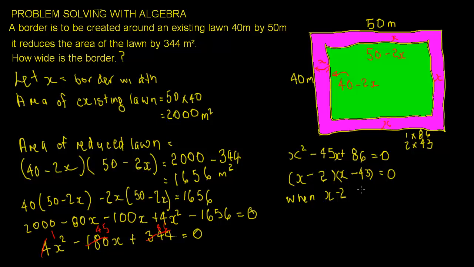So when x minus 2 equals 0, x equals 2. So that's looking good for the width of our path. And when x minus 43 equals 0,